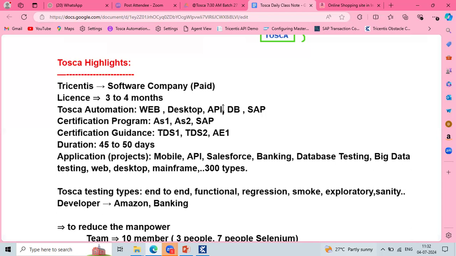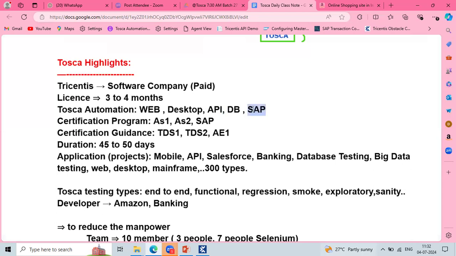And the same way for DB and SAP? For SAP, you will get the installation, then you can do the SAP testing practically. From the API point of view, you must be aware of things like what request methods and post methods are, and what type of testing we do for APIs. For database, we require SQL. For SAP, we require installation of the SAP system.